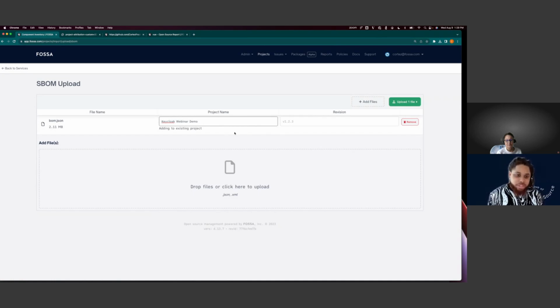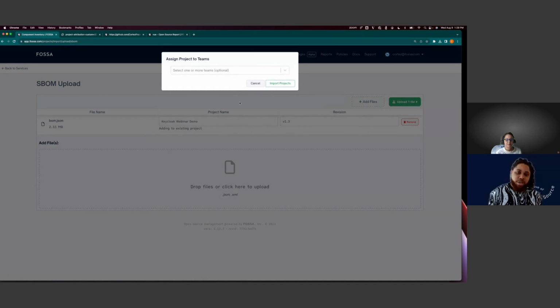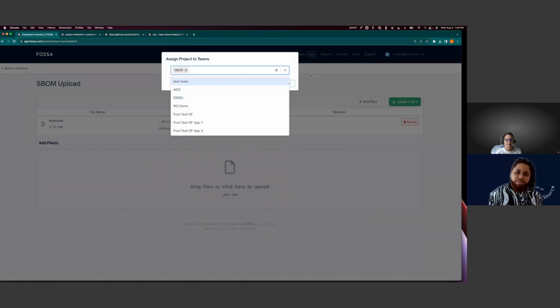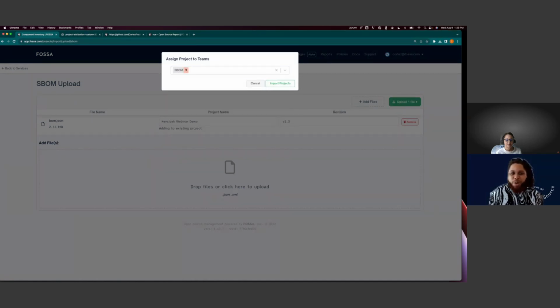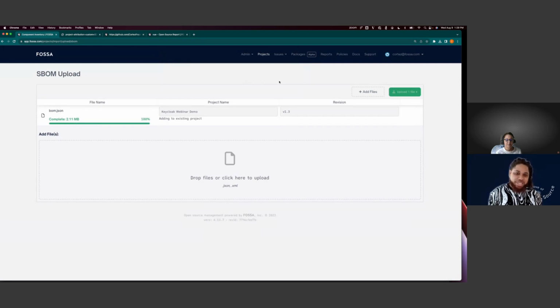The reason I wanted to do that is because I wanted to add it to an existing project rather than add a new project. So you can think about this as a new version of this particular project that I'm submitting. For producer, Keycloak in this case has already given me an SBOM. They go from version 1.0 to now version 1.3. I want to make sure that I can have that one-to-one mapping as well, and that maintains that historical reference within FOSSA also. So we'll go ahead and import that particular SBOM. We'll add it to our SBOM team,